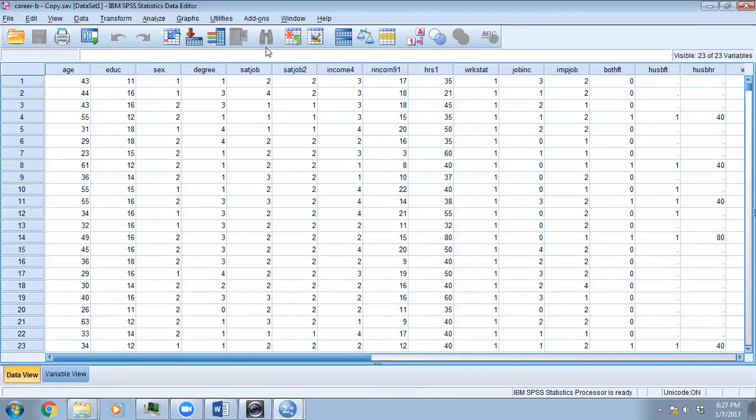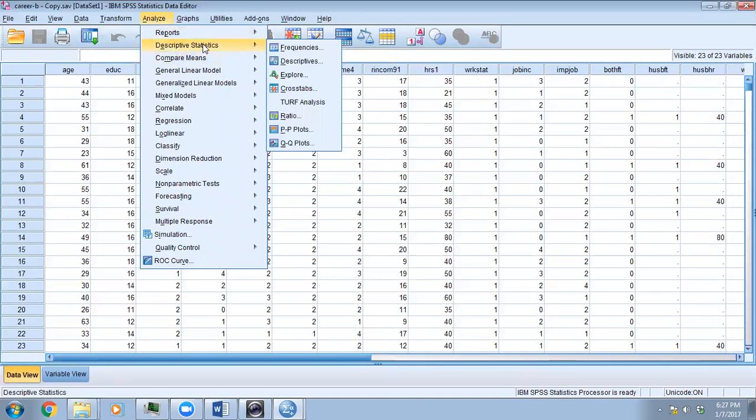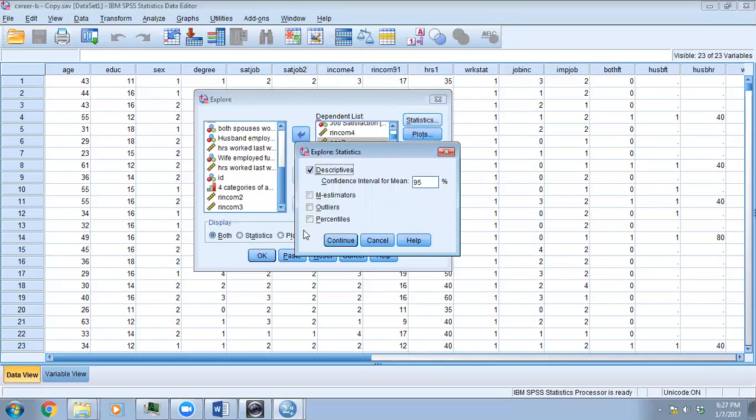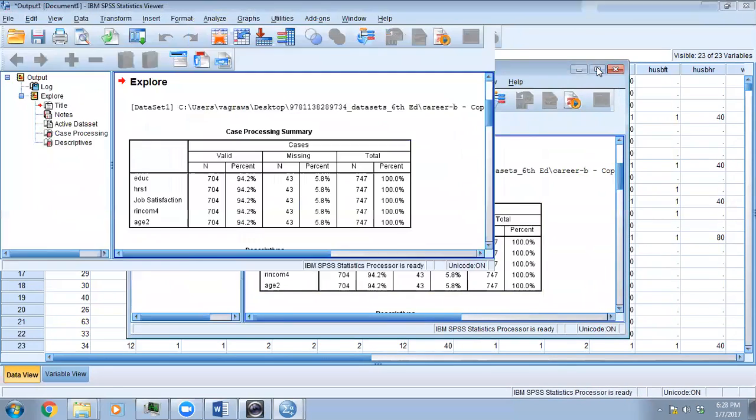To examine the missing values, we're going to go to analyze, descriptive statistics, explore, and we're going to put all our variables there, including dependent and independent. So education is there, hours worked is there, job satisfaction, our income 4, and age 2. Statistics, we want the descriptive statistics. We don't want any plots. I'm going to select here. And this is going to give me